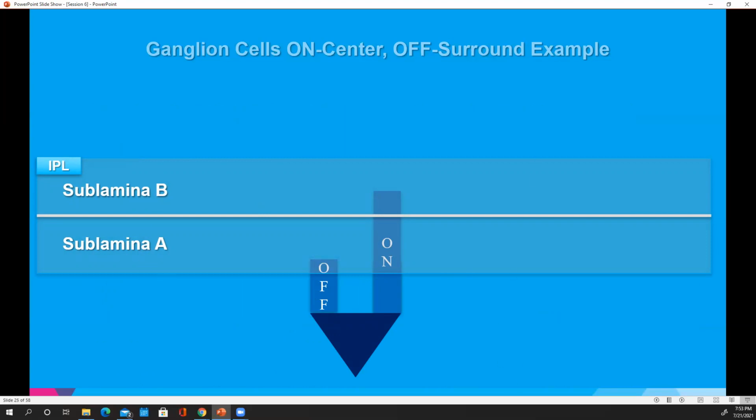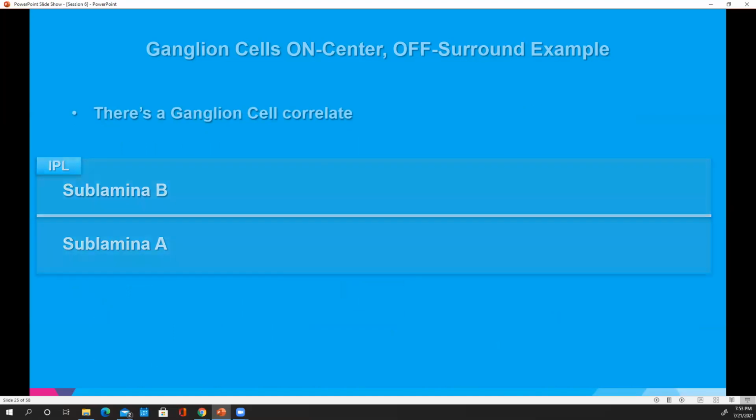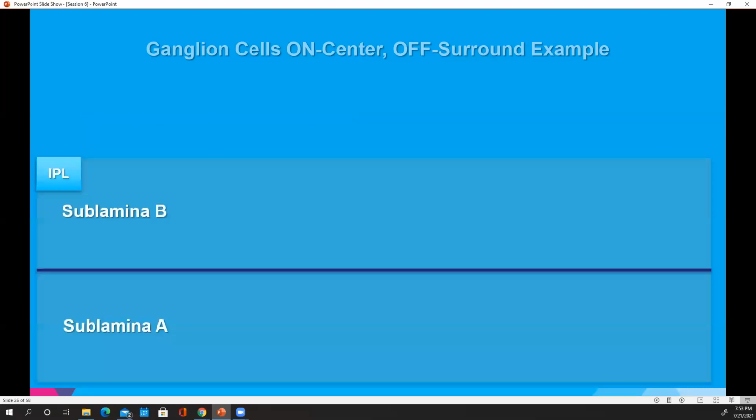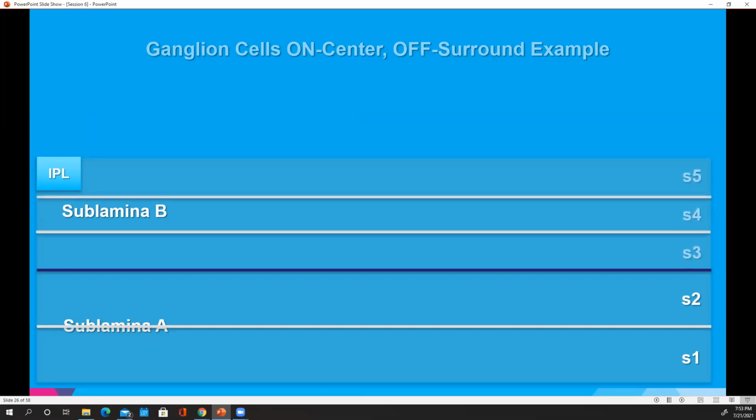It's going from bottom to top because this is being drawn by an MD. So if you do this, there's a ganglion cell correlate, right? So here we're going to make sublamina A and B a little bit bigger, and then we're going to split up these almost arbitrarily into something called S1, S2 for sublamina A, S3,